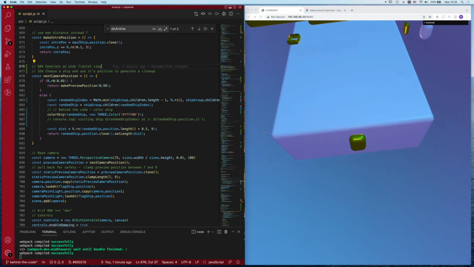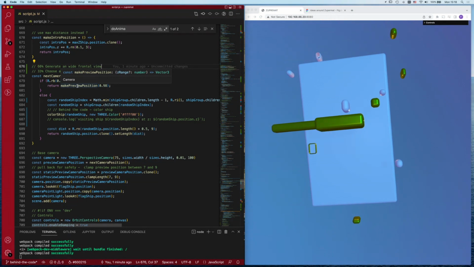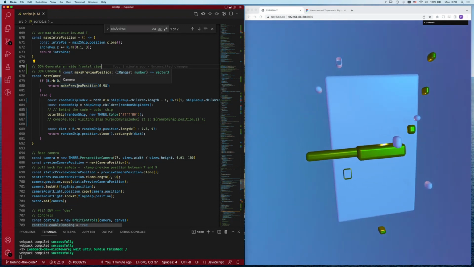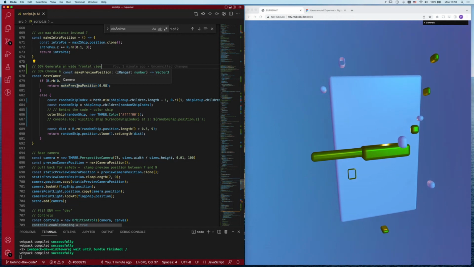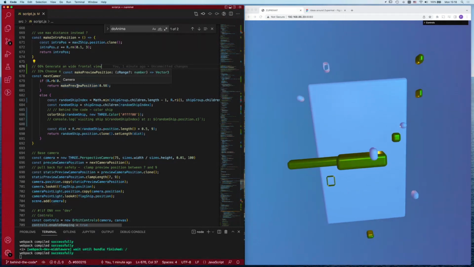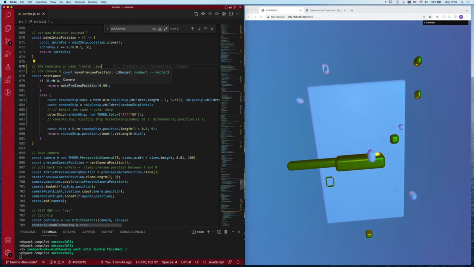So the make preview position is a view that's really restricted on the z-axis. It's basically you pulling back, like you're in the museum, you pull back from the object and you're looking at it from afar, kind of like the position that it's in now. And then for a third of the